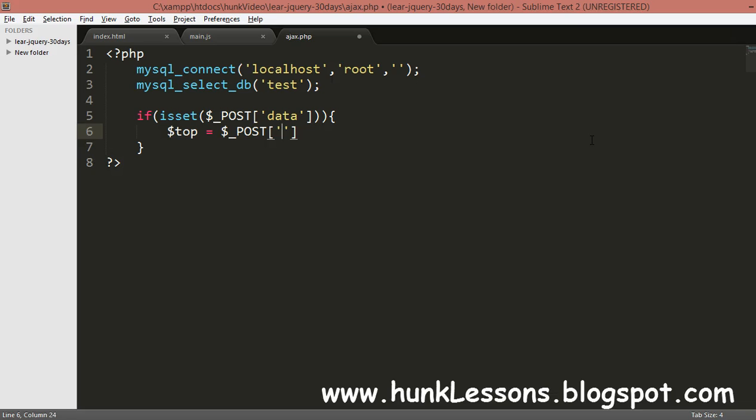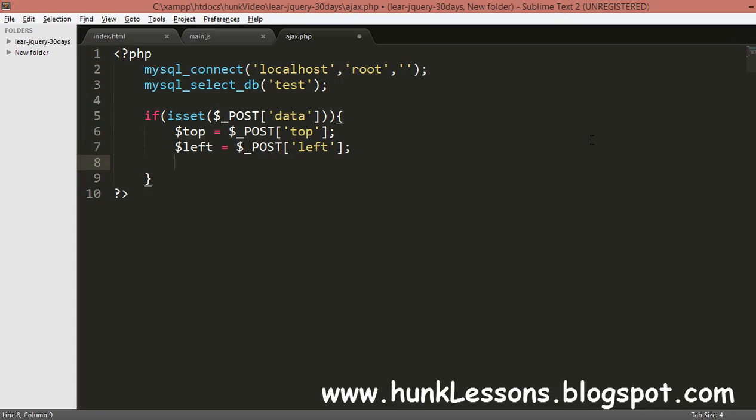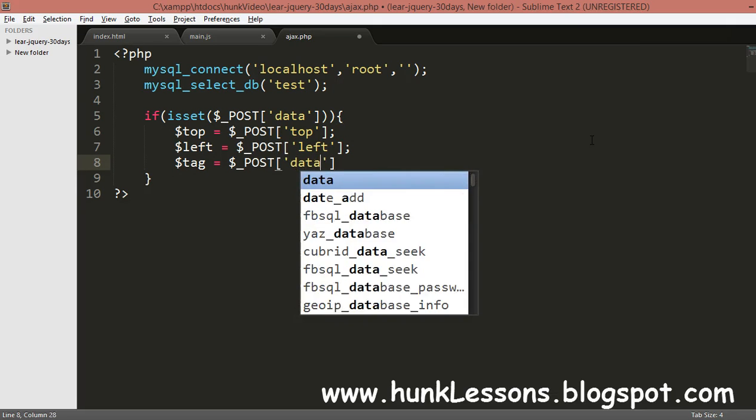But I'm not using it because it's for test purposes. I'll make a left variable equal to $_POST left, and I will make another variable, my tag, equal to $_POST data.